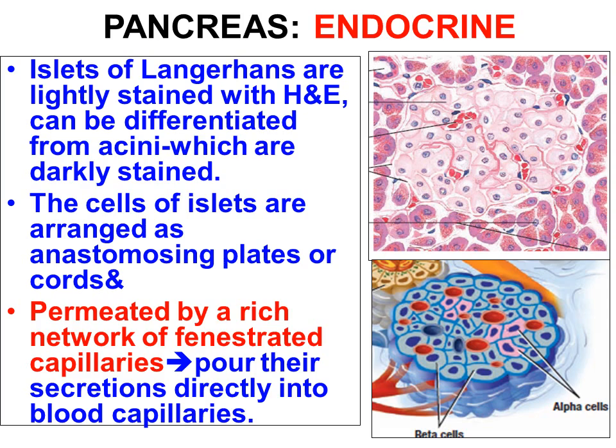The islets are separated from the surrounding alveoli by a thin layer of reticular tissue, and the cells of the islets are arranged as anastomosing plates or cords. The islets are richly supplied with blood through a dense capillary plexus of the fenestrated type of capillaries. Thereby, they pour their secretions directly into the blood capillaries. The interval between the capillaries is occupied by the cells, which are arranged in groups or cords.